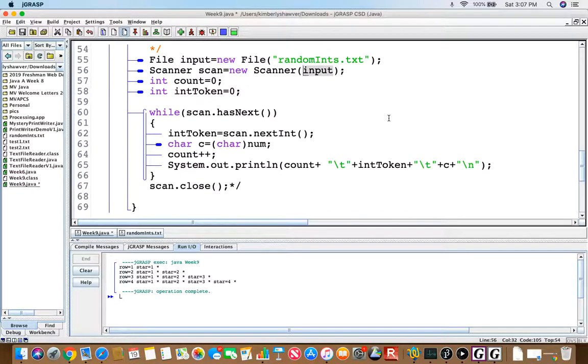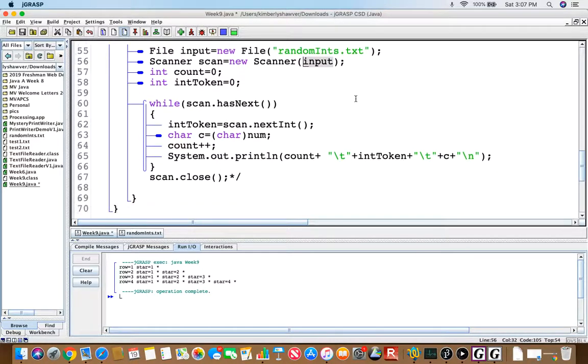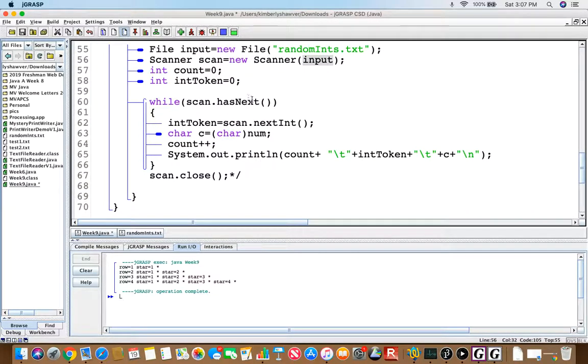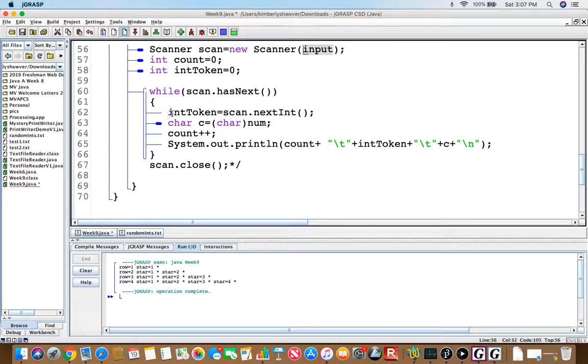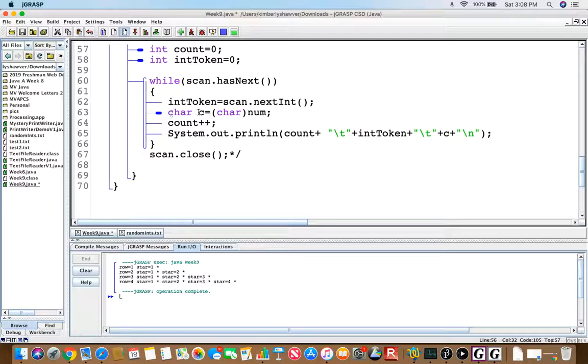Since I asked you to number each one, I have a parameter count that I'm setting equal to 0, and I'm creating another integer parameter, int token, since each element in the file is an integer, and I'm going to scan each token in the input file. I called it int token. So while scan has more in it to process, I'm going to read in the integer with scan.nextInt and assign it to int token. Then I'm going to create a character c and ask it to give me the character based on